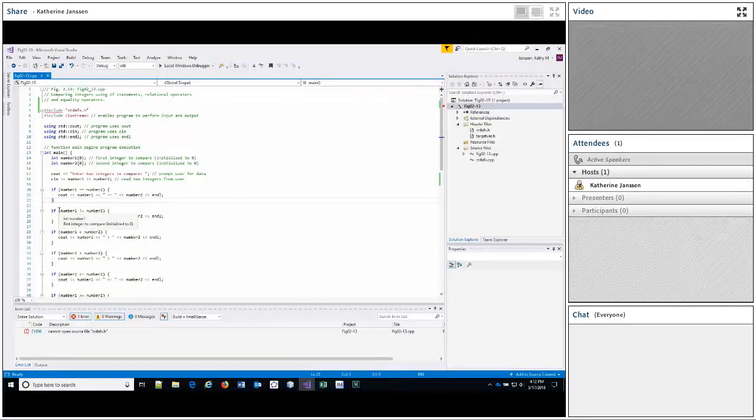If we have another statement, test the condition if number 1 is not equal to number 2. If that's true, we'll process the body of the if statement, and we're going to output number 1's value, not equal to, space, number 2's value. If number 1 is not equal to number 2, we will print that. Otherwise, nothing happens. We only process the body of the if statement if the condition